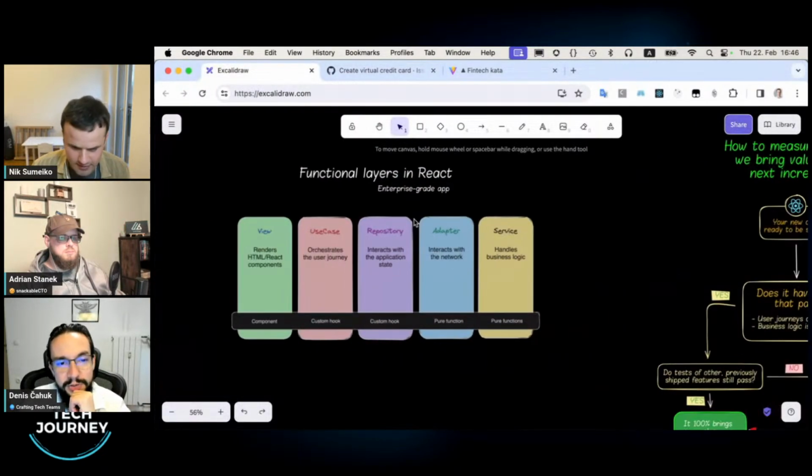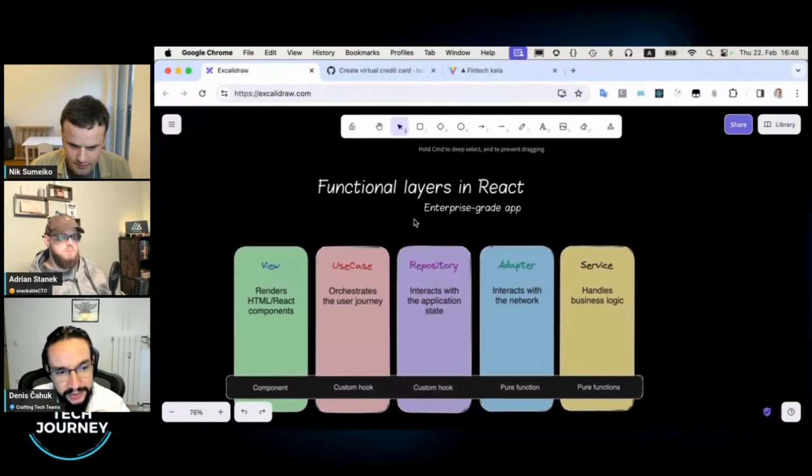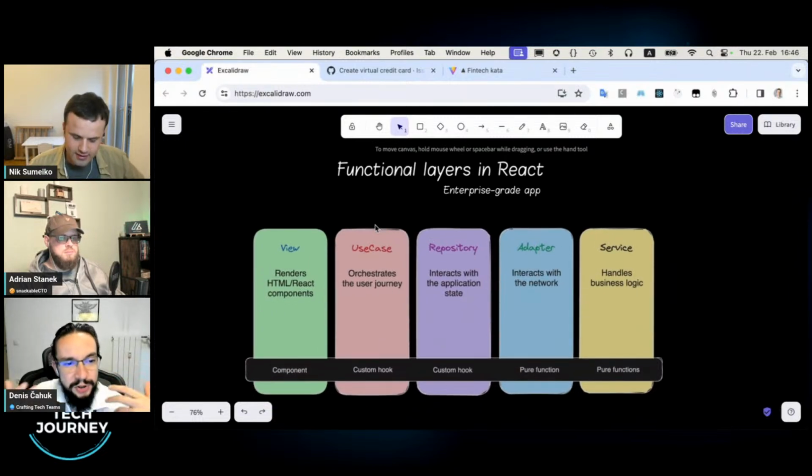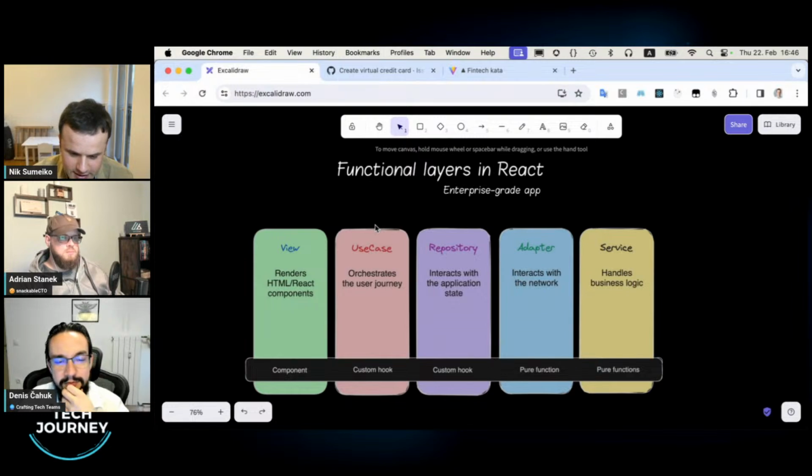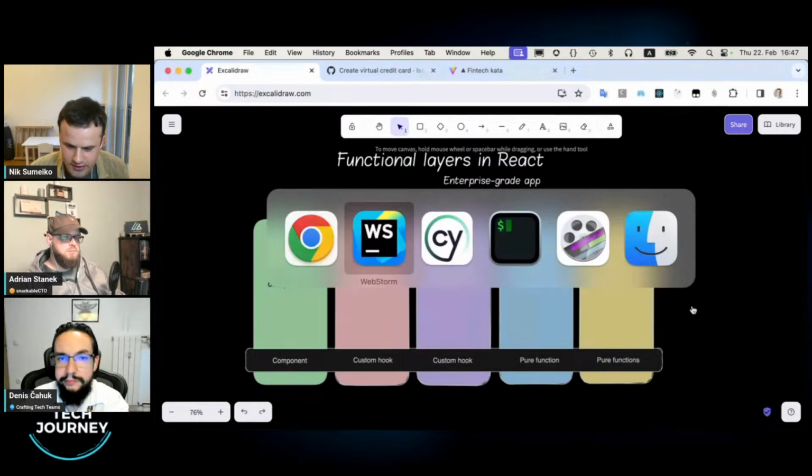You want the integration with the actual SDK to be separate from the definition of what it means to create a virtual card. So I want to follow these clean architecture layers, and my view layer is what we just put together with some JSX syntax, with some HTML, and its responsibility is only to render. Now I want to create this use case layer, a functional layer, that will orchestrate my user journey, okay? And we will come up with some other layers too.